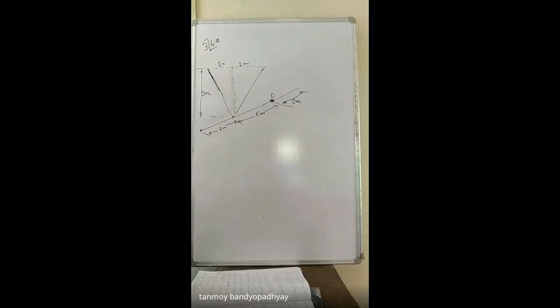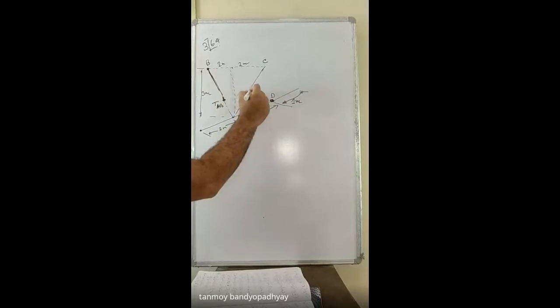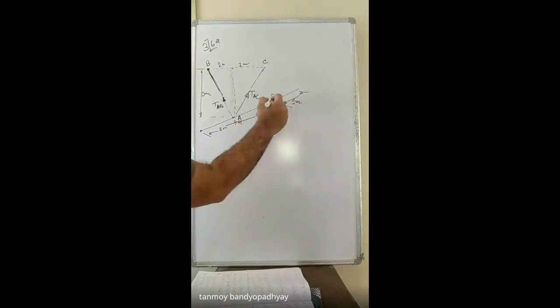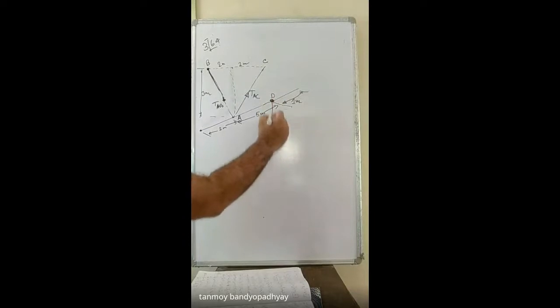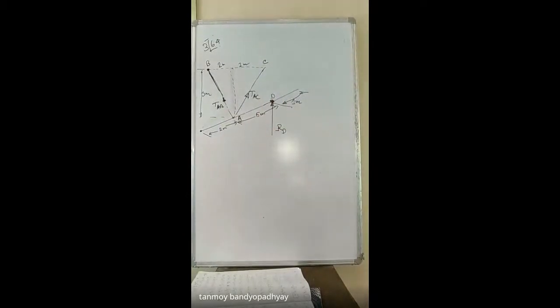Okay, so what are we asked to find out? Initially let us check what values we need to find. We need to find the tensions in the strings and the reaction at D. So let's call it TAB. This one is the point B, this one is the point C. So this tension we are calling TAB, and this tension we are calling TAC. At the point D, there will be a reaction force set up. So let R be the reaction force set up at the point D.